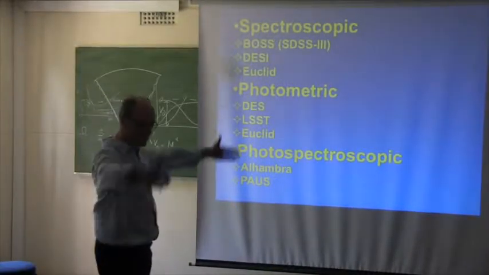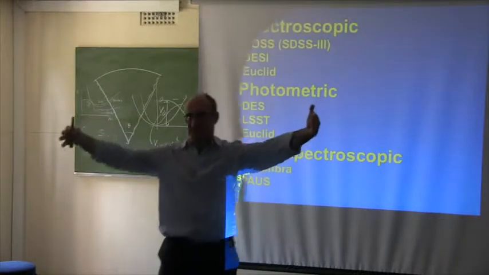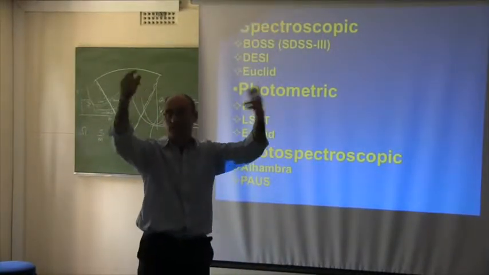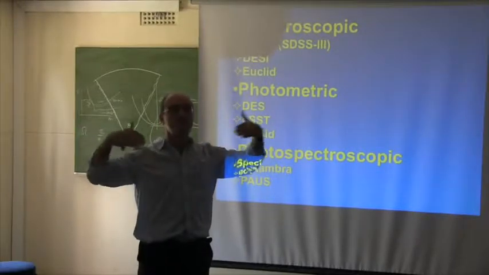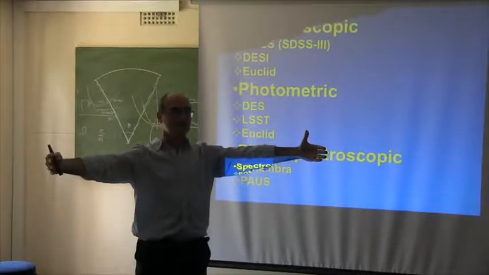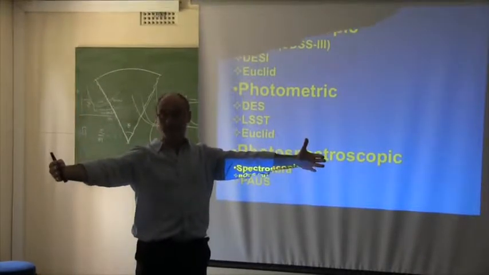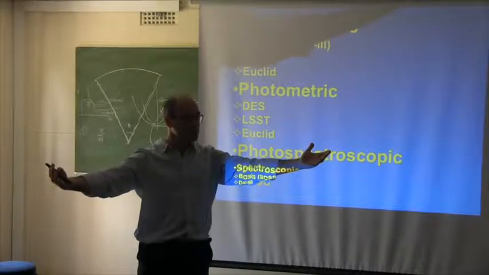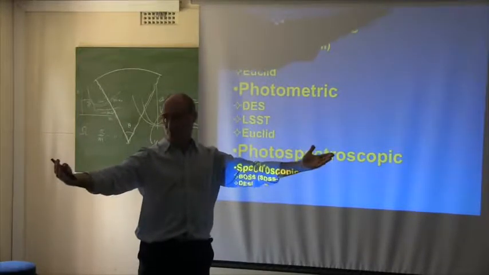That means you take a photo of the whole field, complete. You're not selecting those few galaxies which are brighter than the others. It's a complete survey. You make all the photos there. Unfortunately, since you only have one photo, you're integrating photons over all the spectrum of the object, and you don't know at what redshift this is.